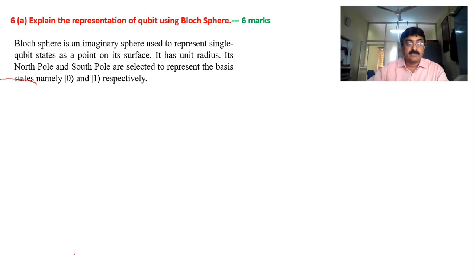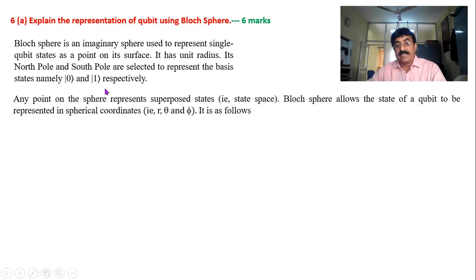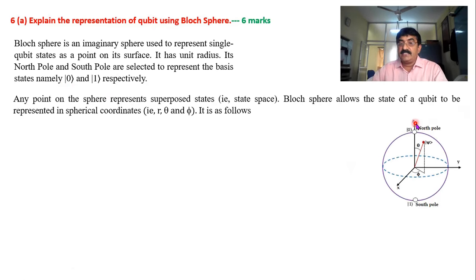Bloch sphere is an imaginary sphere used to represent single qubit states as a point on its surface. It has unit radius. The north pole takes the 0 level, the south pole takes the 1 level. That means the north and south poles are used to represent ket 0 and ket 1. It looks like this. This is an imaginary sphere. In this imaginary sphere, the north pole is represented by ket 0, the south pole is represented by ket 1, and we